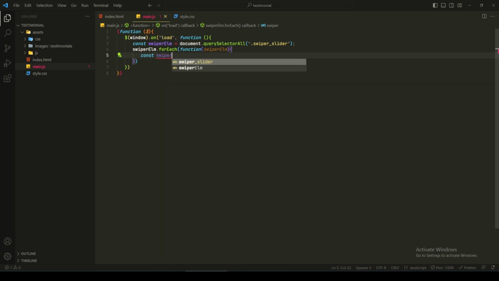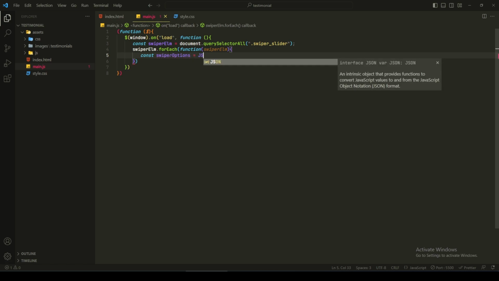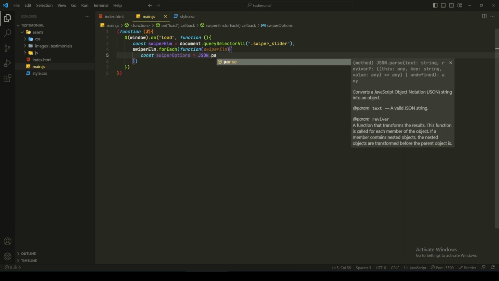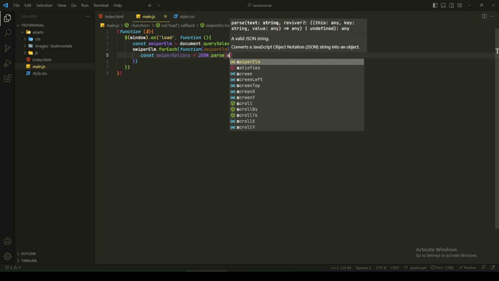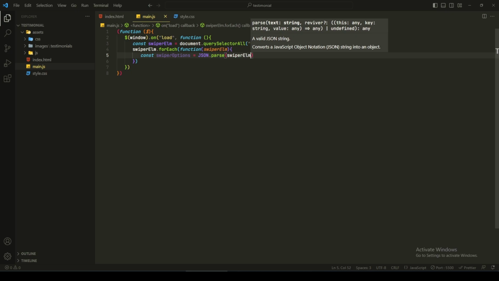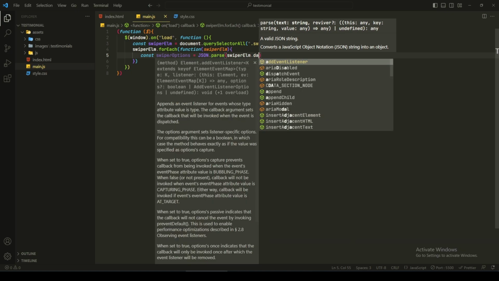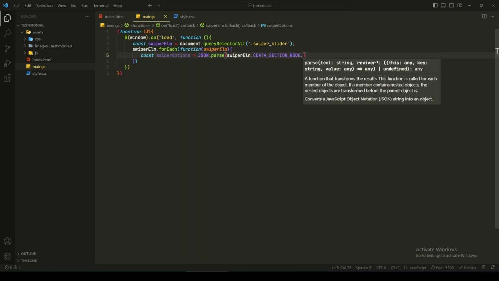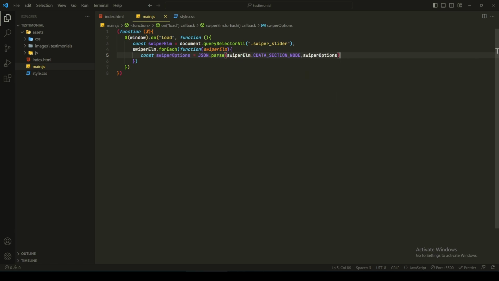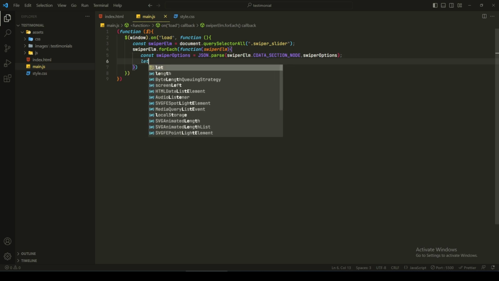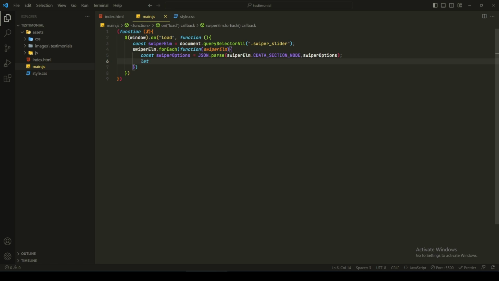swiper options equal to JSON parse swiper elm dot dataset dot swiper options, in semicolon, paste, and then write another variable using let, and right here